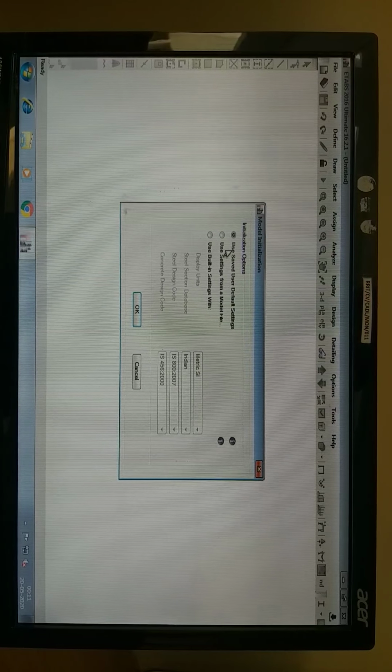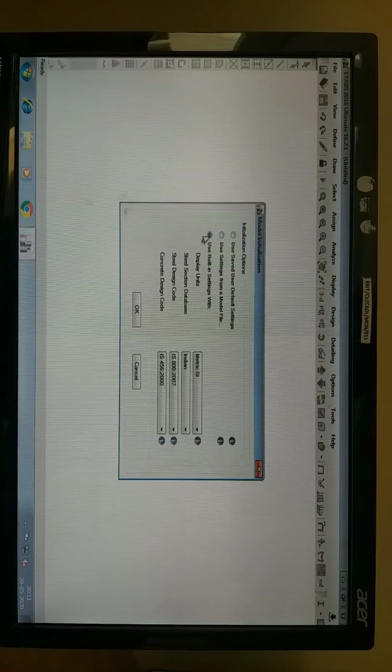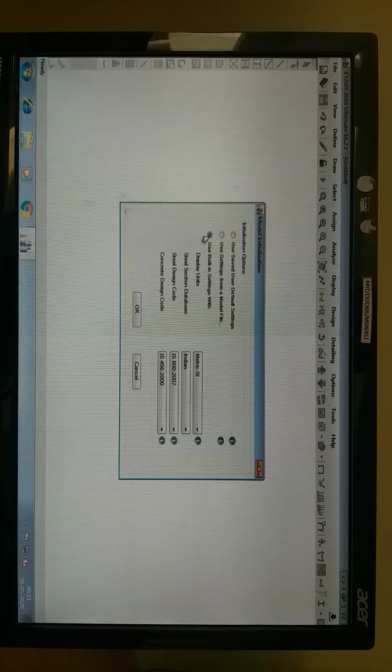We can initialize the model using saved user default settings, or we can use settings from a model file, or we can go with use built-in settings. Here we can go with use built-in settings. This is the basic thing.